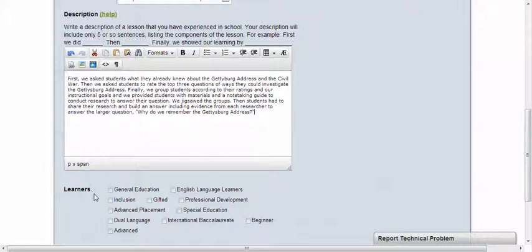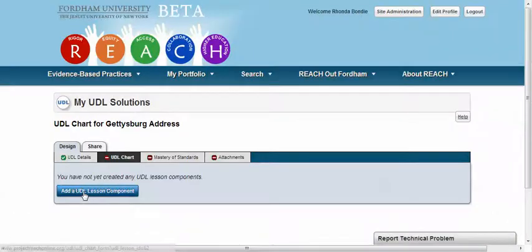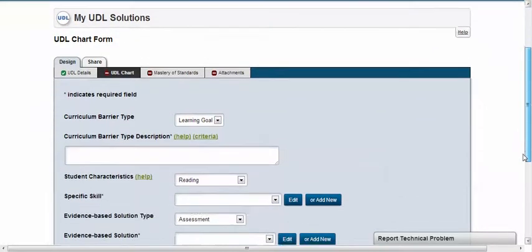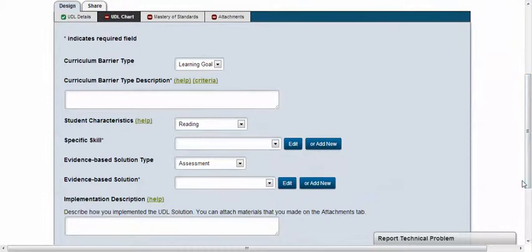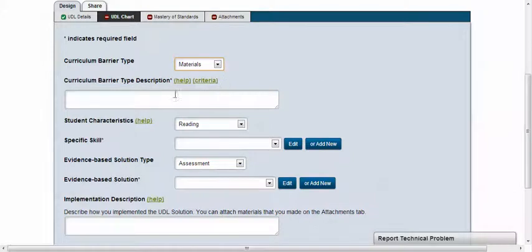Then I'm going to go to Learners and describe the students that I intend to implement this with, and then I'm going to save my UDL solution. Now I'm going to examine the components of that lesson and look for some barriers and see if I can remove the barriers. So the first curriculum barrier type, it could be learning goals, materials, methods, or assessment, and in this case I'm going to identify the barriers that are going to be in the materials, and there's going to be